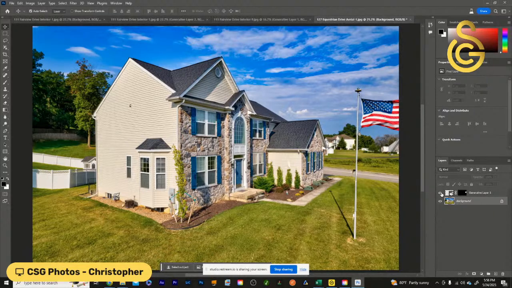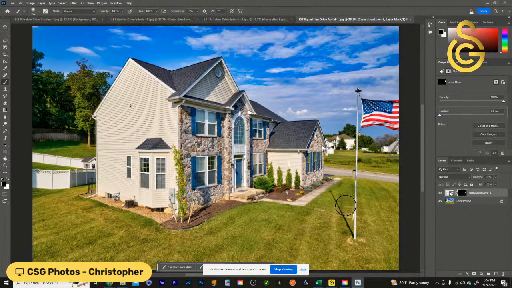So let's turn it off and back on. Yeah, see, there's this area here where it kind of obliterated that house. That's what I was worried about, because it grabbed from this area and drew behind it. But you know what? That's not really a problem, because we can go in here with our pen tool, and it's already got a mask built on it. I'll make that a little bit smaller, and I can go in here and draw on the mask, put that house back in there, and just